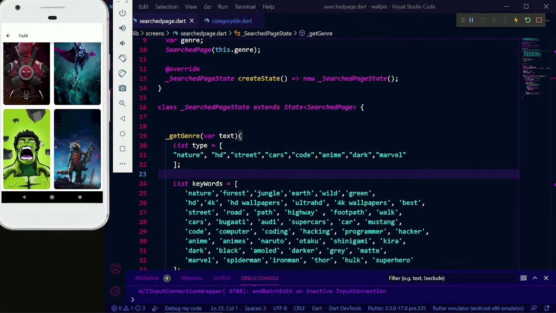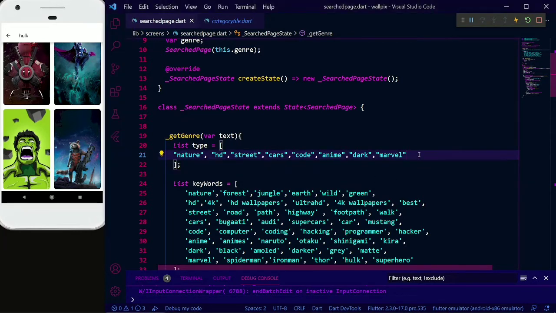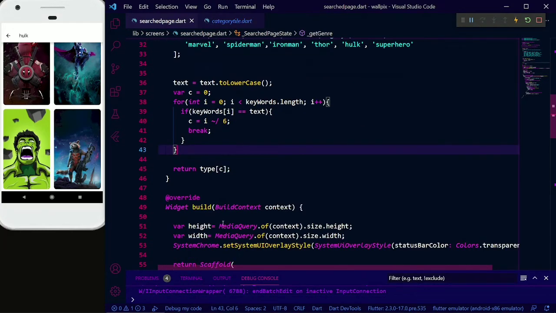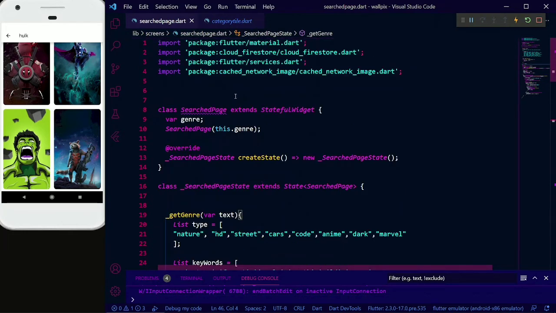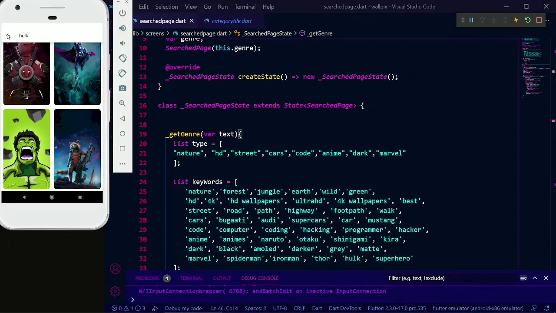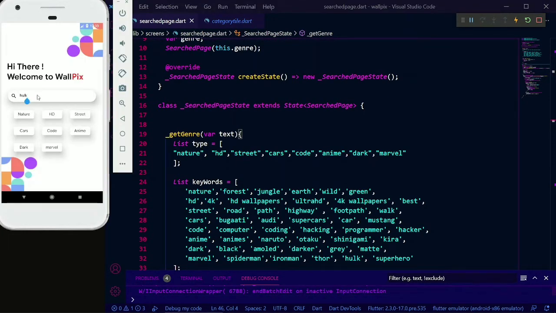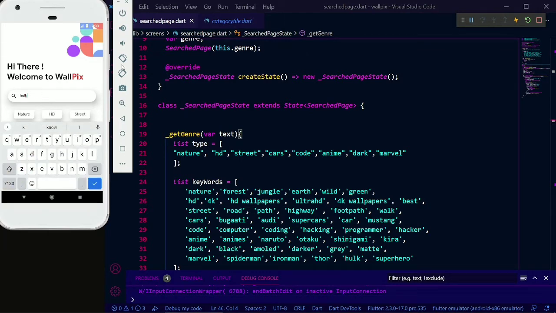You can make the search functionality better if you take different collection names and make your database accordingly. For the tutorial purpose, I have just taken these genres only, or otherwise the video will be larger. Now we are good to go, right? And there is one more thing that I want to show you guys.